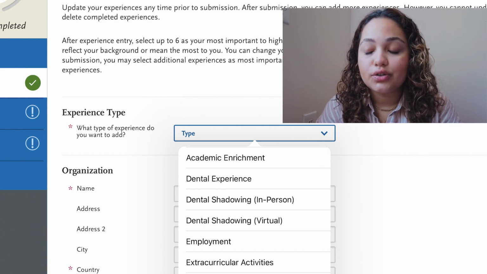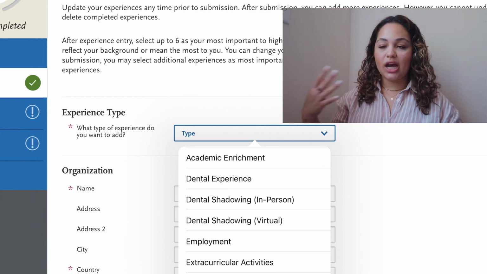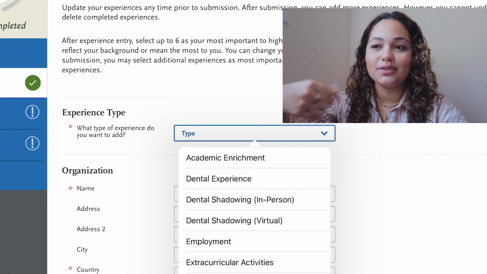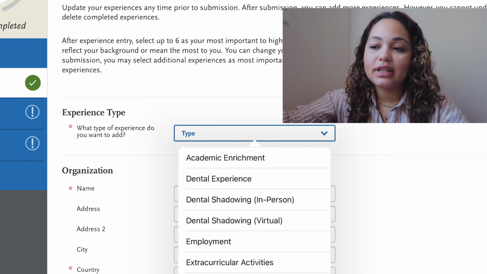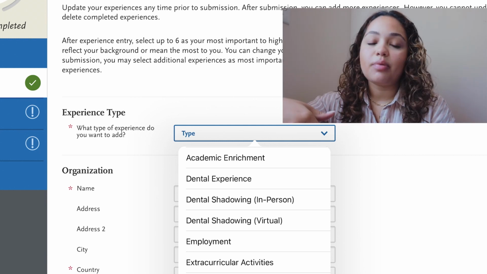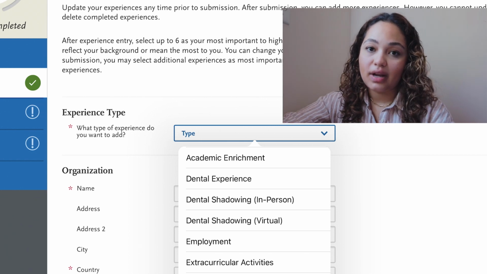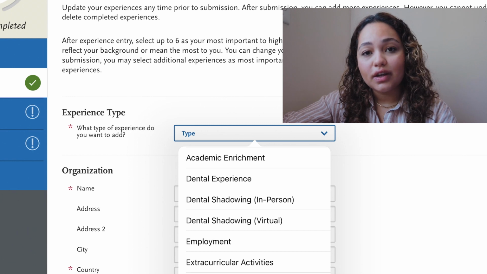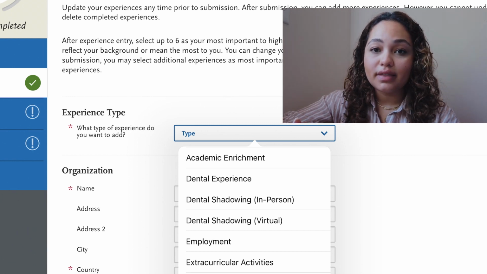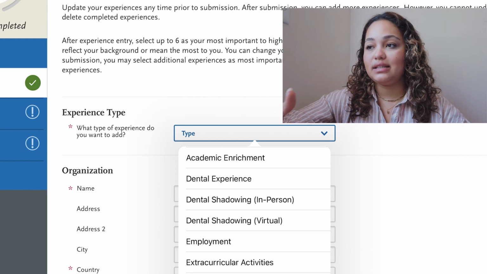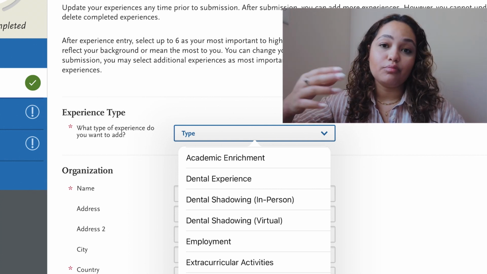But again, those are considered shadowing opportunities, because shadowing just basically means you're their shadow for a day. You walk around with them and you see how their day is and what they do in a typical work day as a dentist. This is probably one of the most valuable experiences that you can have as a pre-dental student, mostly because they really want to know that you are aware of all of the things that go into